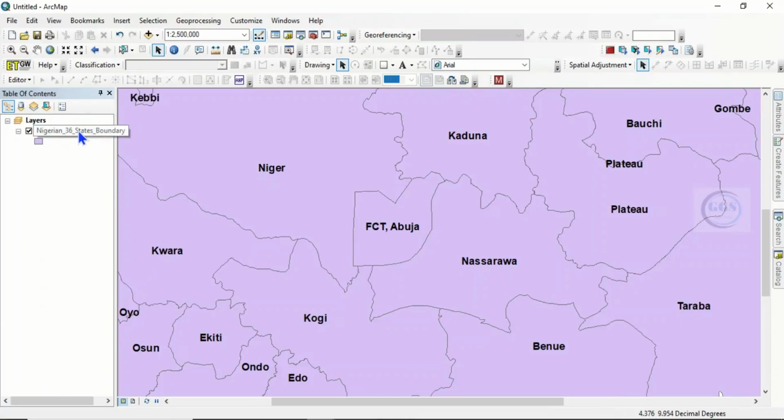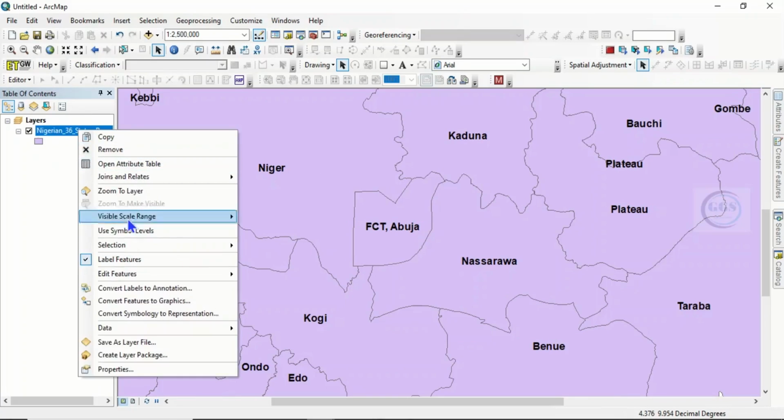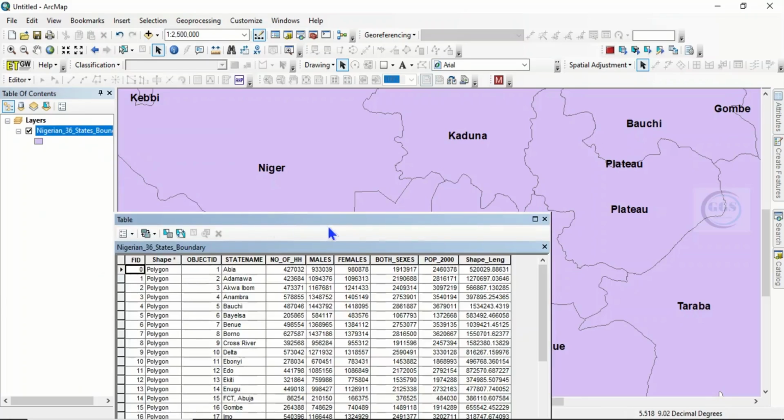So if we open the attribute table, right click and click on attribute table. In the attribute table, I have various fields. I have multiple fields here. If you want to delete, for example, let's say you want to delete these two, if you right click and try to delete, only one of the fields will be deleted, not the